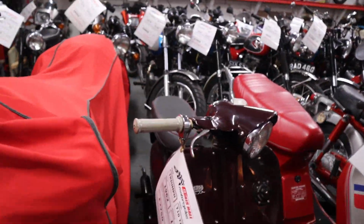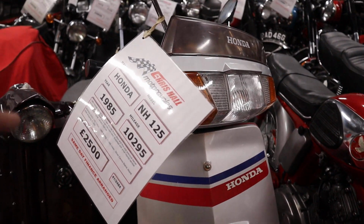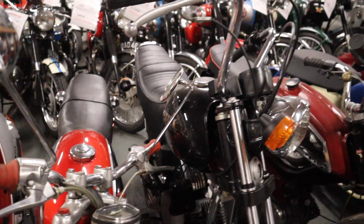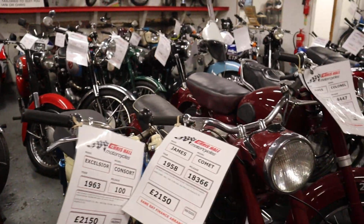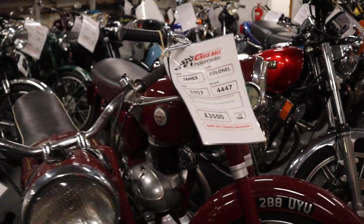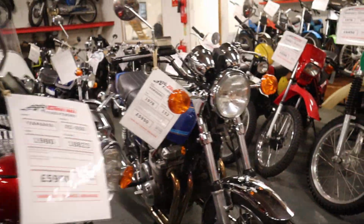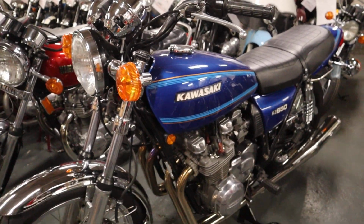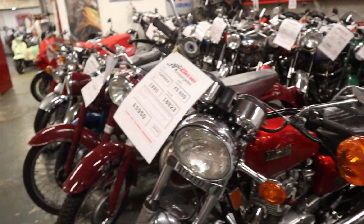So last row, we've got the Triumph Tina T10, Honda NH125 Lead, CD175, Fizzy SE, a Mobylette thing, an Excelsior, James Comet, James Colonel, very nice XS650, and on the end we've got this beautiful thing, the Yamaha KZ650, beautiful bit of kit. So that's pretty much most of my